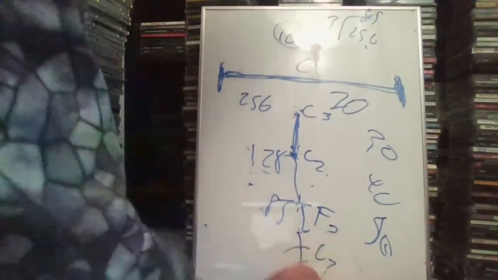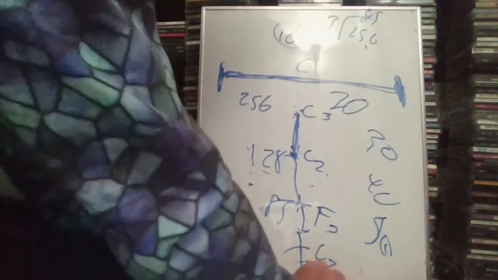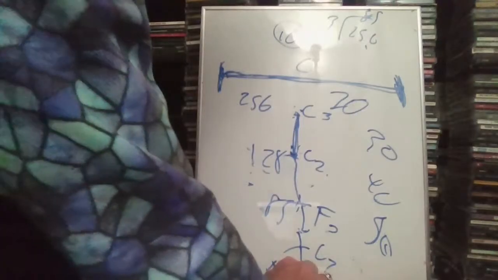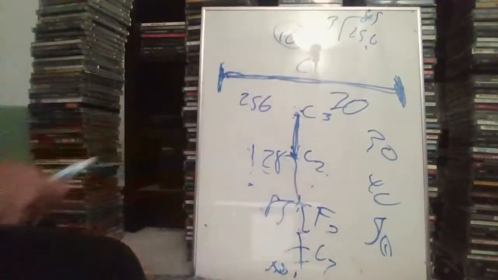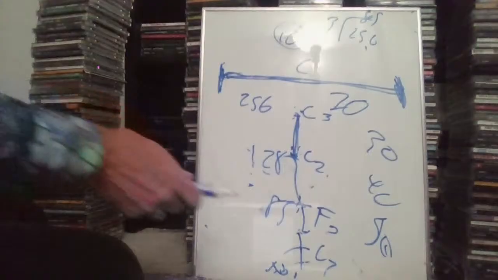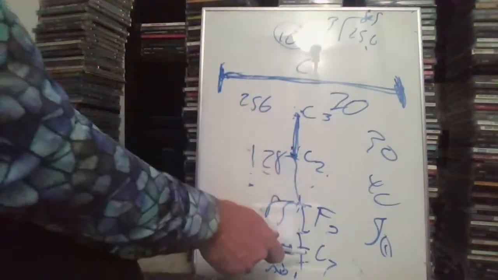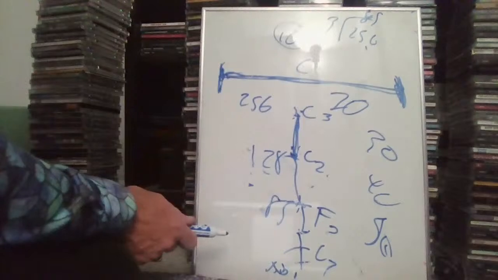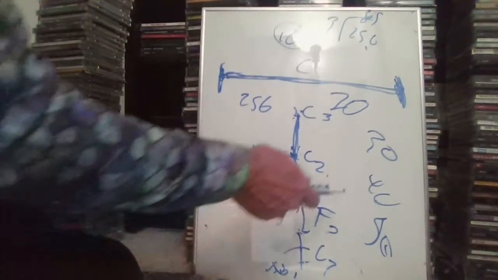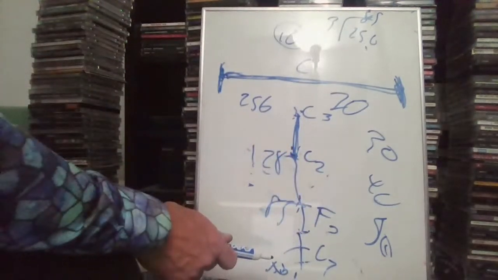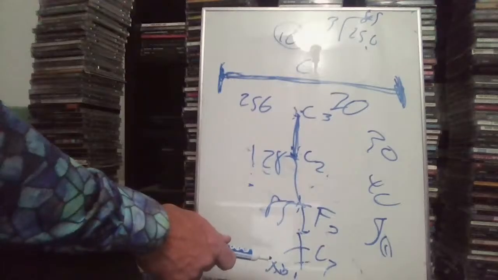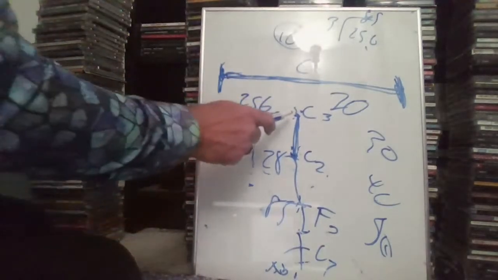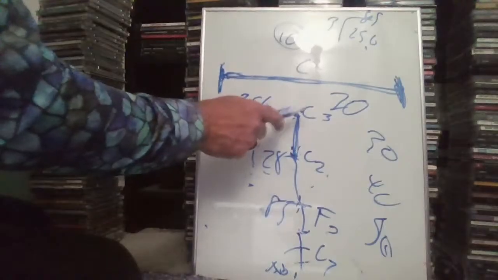And then below that double octave would be a major third below that, which would be A flat 1. So it's an A flat 2 octaves plus a major third down, which is an A flat below the double octave below the C. And that would be the fifth. That would be the fourth undertone or fifth partial. Partial includes the first one. Overtone doesn't. So first partial is C.